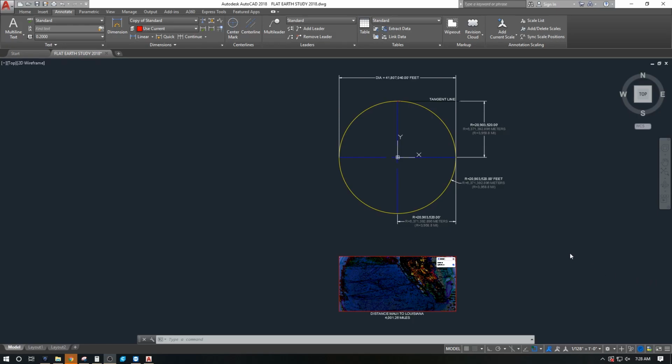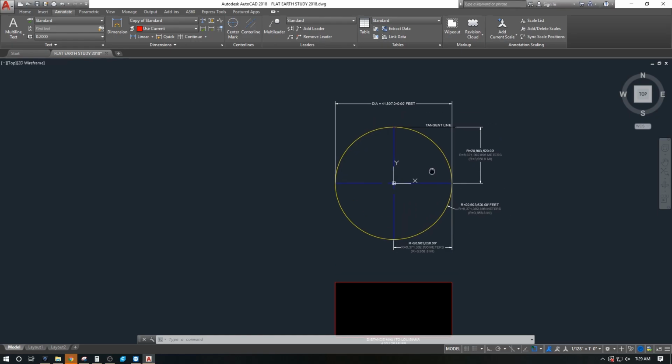I am making my first video here and I wanted to share some of the things that I've done here. I wanted to help some people visualize with some of these drawings how supposedly the sphere and the shape of the earth is supposed to be, and how it works by looking at it in a drawing. So I have this in AutoCAD, and I am going to show you basically the dimensions